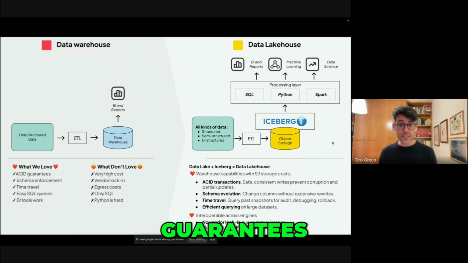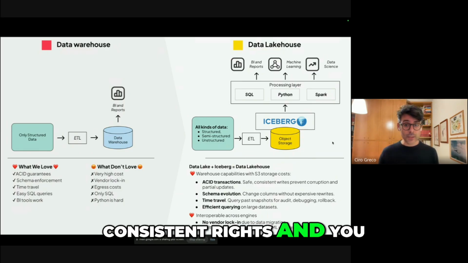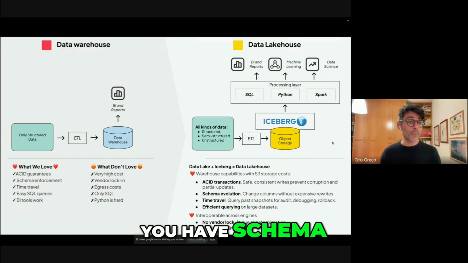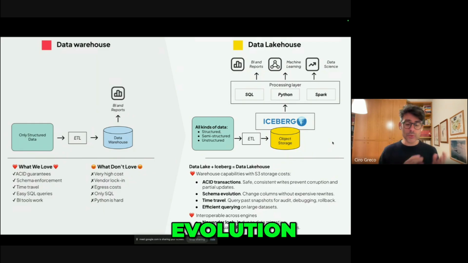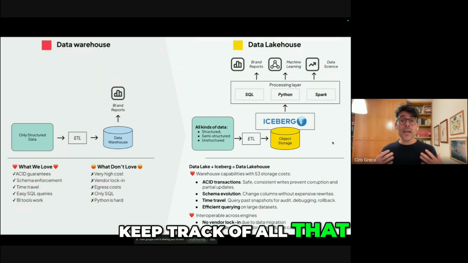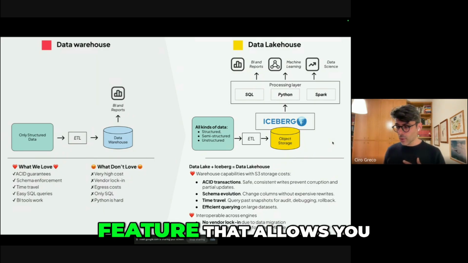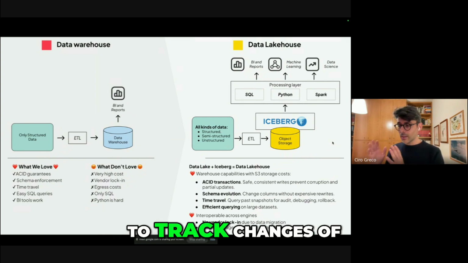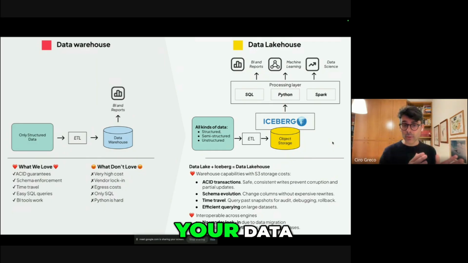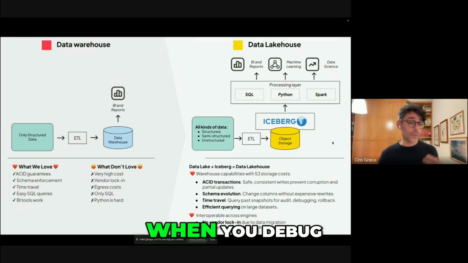You have guarantees, for instance, that will guarantee that you have consistent writes and you don't have partial updates that corrupt the tables. You have schema enforcement and schema evolution. So you have your tables, your data types, and a way to keep track of all that. Time travel, which is a very useful feature that allows you to track changes of tables across time and potentially move back to a previous state of your data. That is very useful, especially when you're trying to reproduce something, which happens a lot when you debug,